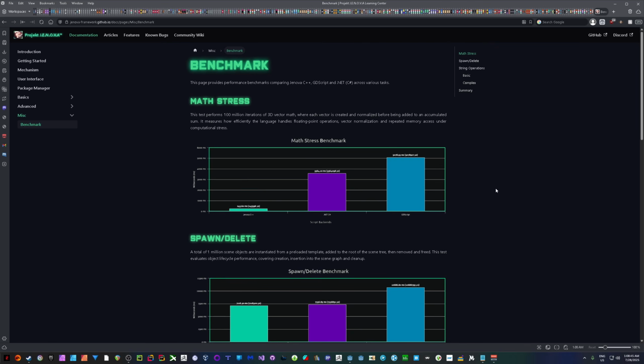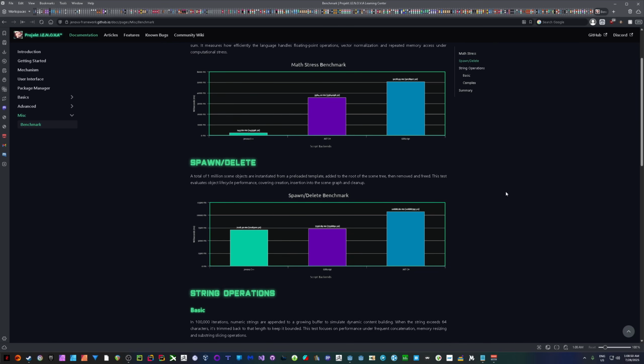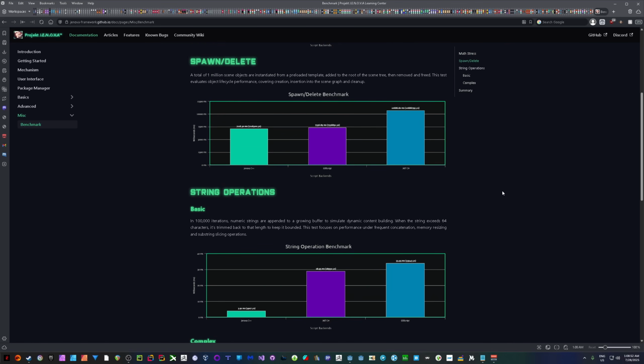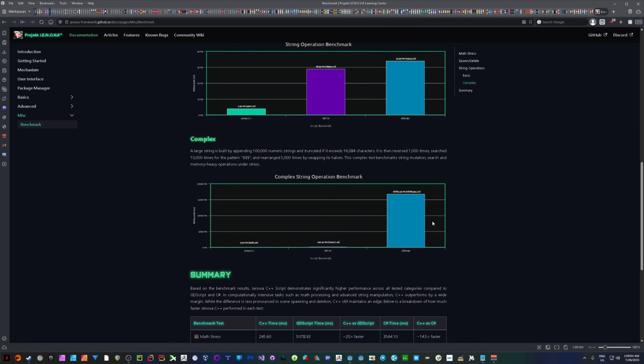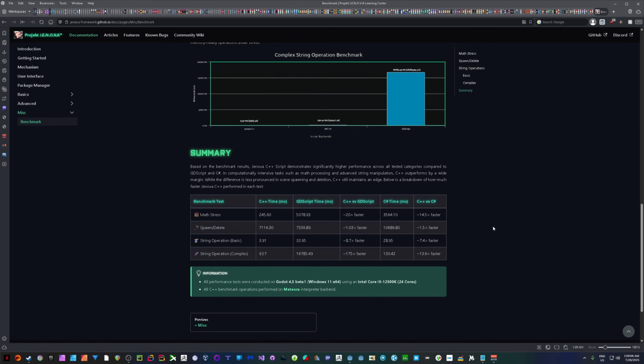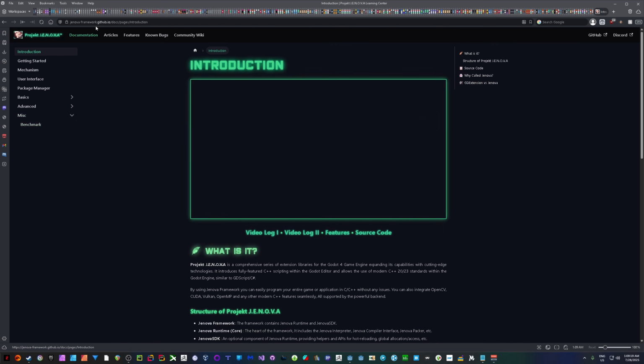I have the benchmarks. So if you want to come in, you can take a look and you can see some of the charts here. So you can see some of the performance differences here. So we see with spawn and delete, GDScript was faster than C#, right? And almost on par with the C++ in this aspect, but C++ of course is destroying it like everything else. There's the final number. So if benchmarks are important to you, there it is, you can take a look at that. But what we're interested in here is the introduction,